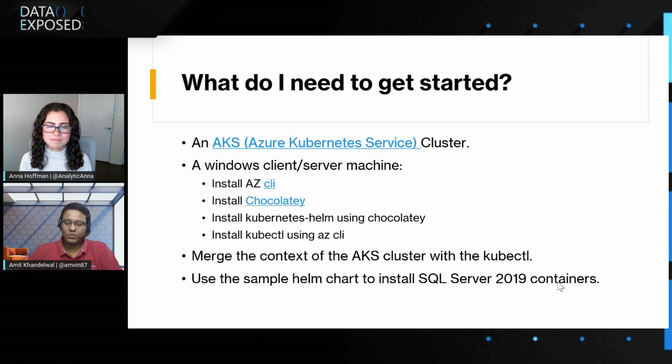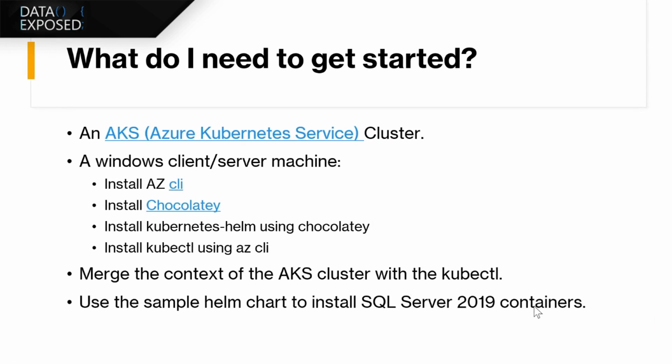So what are the tools we need? To start with, on your Windows local machine, using which you're going to interact with your Kubernetes cluster, you'll need first to install the AZ client tool, which is the Azure client tool. Once you install the Azure client tool on your Windows machine, the next thing that you're going to install is Chocolatey, which is the package manager for Windows. And Chocolatey is another, if you've used Linux operating systems, and if you've used apt-get, yum install, all these package managers, Chocolatey is actually one of the package managers for Windows as well.